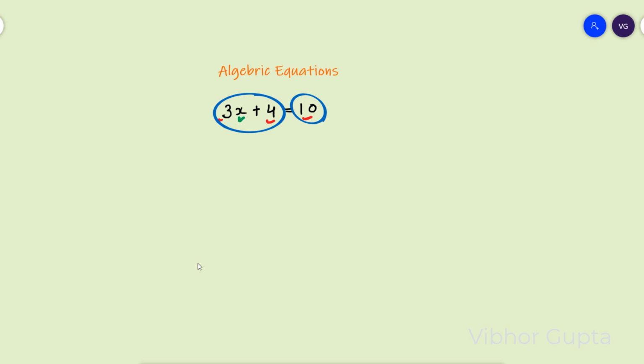So let's say if we want to solve this equation and find the value of x. The basic rule of arithmetic says that if we perform the same operation on both sides, the equation remains balanced. So I have 3x plus 4 here and 10 here, right? Now let's perform some operation on both sides. I'll subtract 4 here and 4 here. So I performed the same operation on both sides. Now my equation would be 3x equals 6, right? So at the end x would be 6 by 3 equals 2. So x is 2, right?